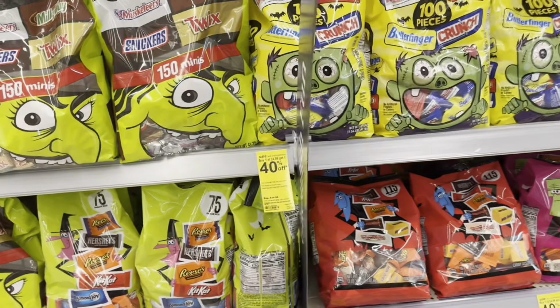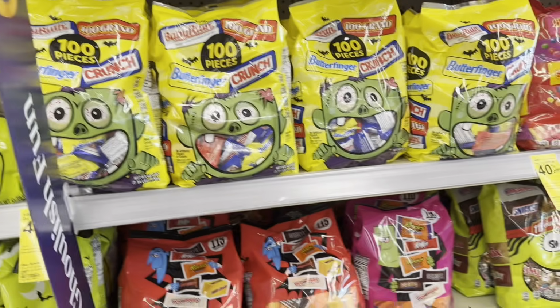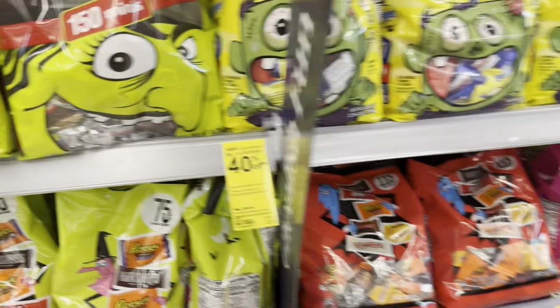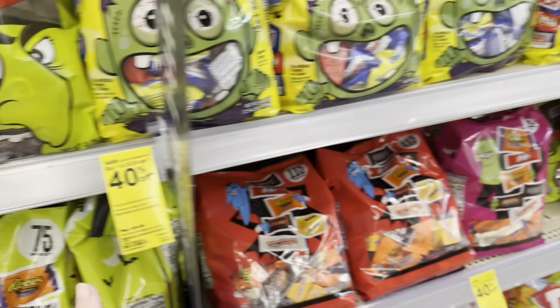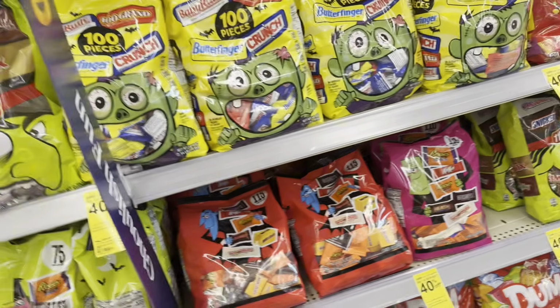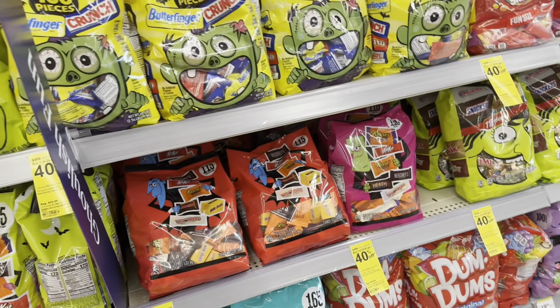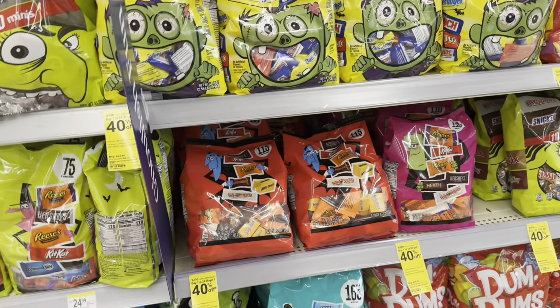Not the best deal, but definitely decent. So the mini bags of candy are buy one get one 40% off. So we have 3 different sizes, ranging from